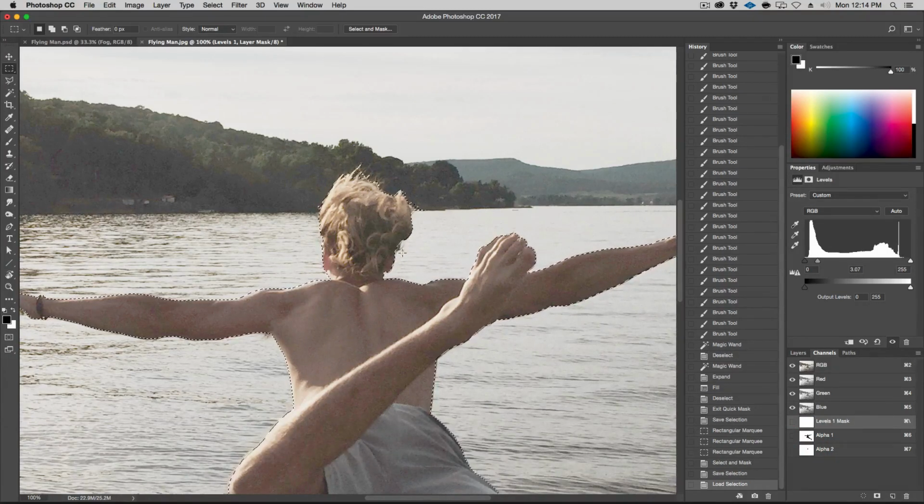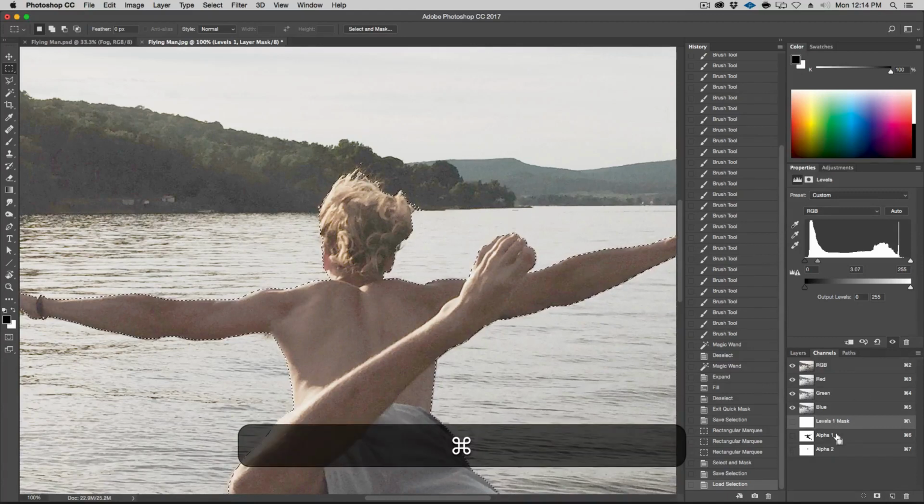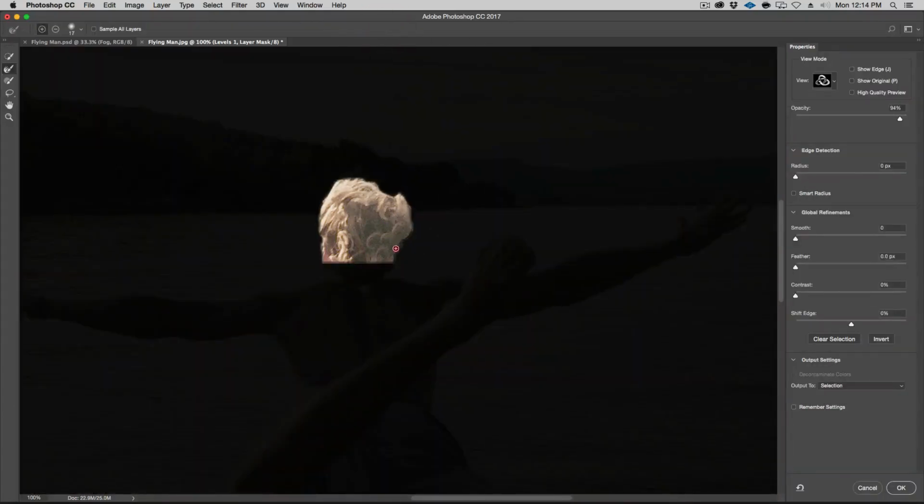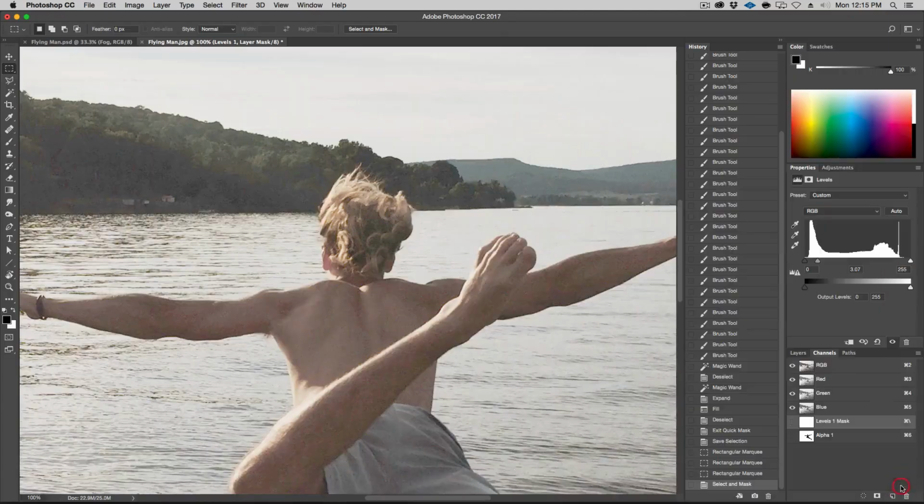Ooh, I missed a little piece here. So let's go back. Let's go back in the history here, and let's go to right before we saved the selection. We went to select and mask. Right before select and mask, let's go back and do that again. I missed that little piece right here. So let's add some over here. Let's make this a little bigger, something like this, up here. I should have really just gone around all where his hair is, because we want to get some nice detail. We don't really want that, so let's get rid of this. Okay, there we go. What I really wanted was this detail over here. Okay, that's done. Hit OK.